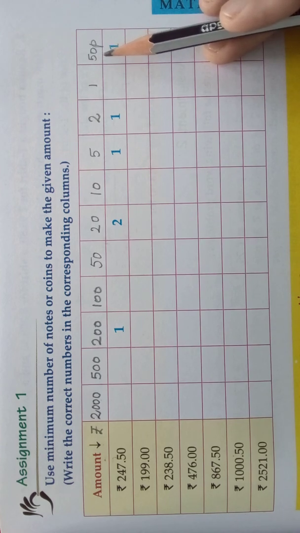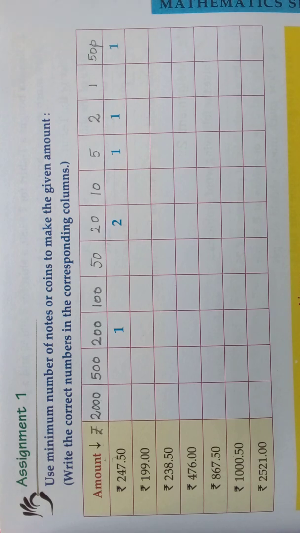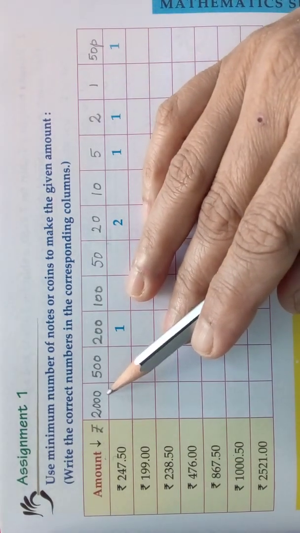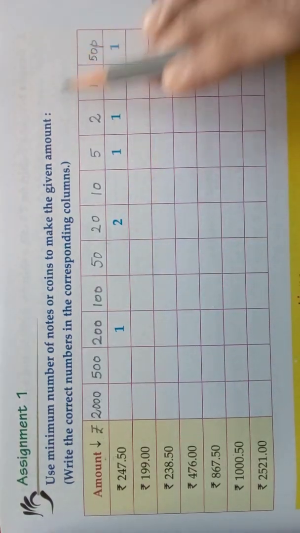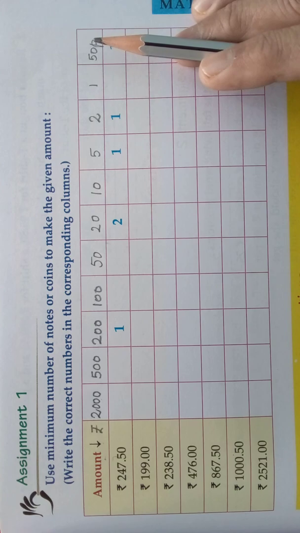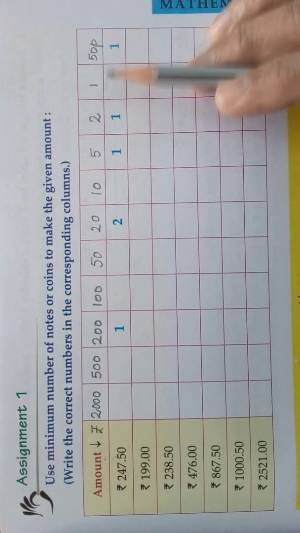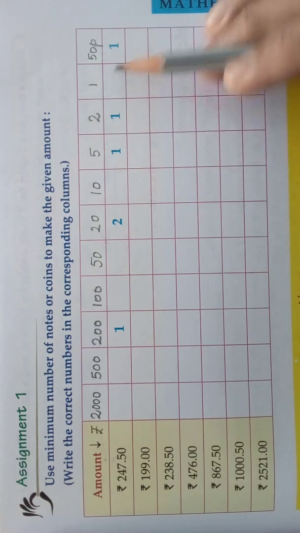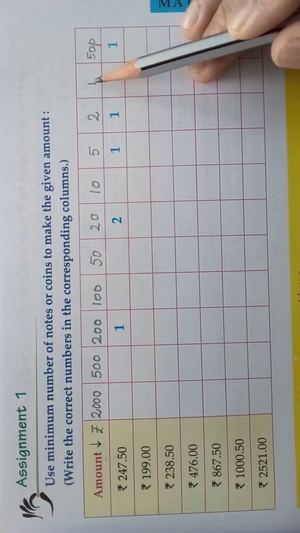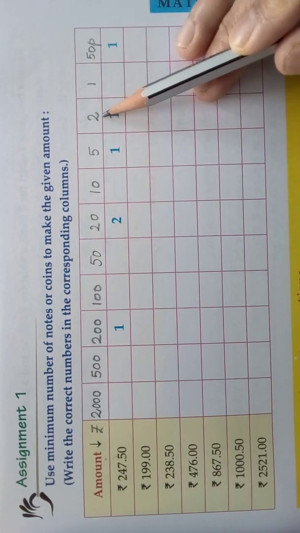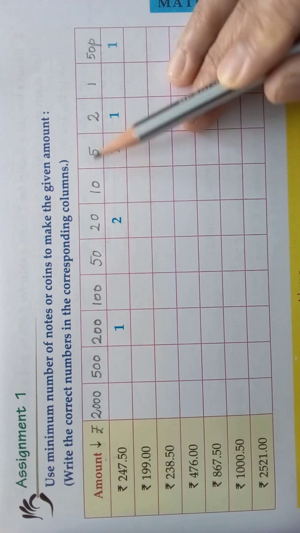We know that in previous years we were using the 1000 rupee note. Now it is not in use. What we are using now are 2000 rupees, 500 rupees, 200 rupees. Do you have a 300 rupee note? No. These are all the currencies that we are using in our country now. And 50 paise is the only paise we are using now. The 1 rupee coin and note, the 2 rupee coin and note, and 5 rupee and 10 rupee also.